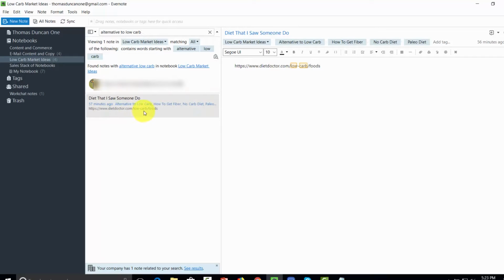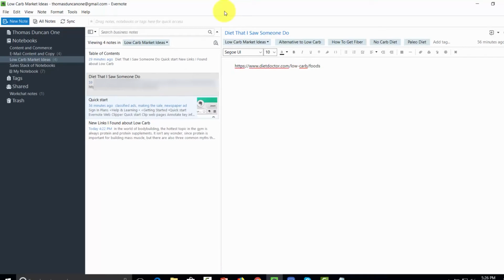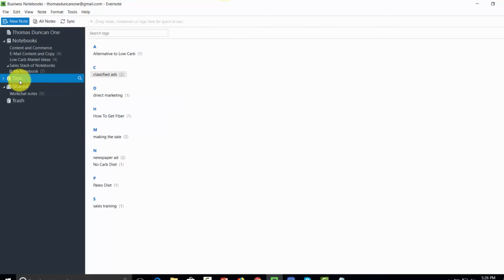So again, the most important aspect is the entire system. The entire system requires that you put individual items inside of your note, and then that you take each note and that you tag it appropriately. Now, one of the things that you want to do is you want to encourage your team to use tags that have already been done. And so you'll see that there are tags within your dashboard that have been used, and you want to try